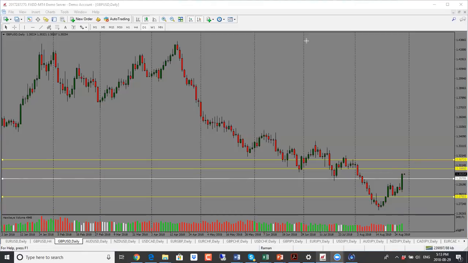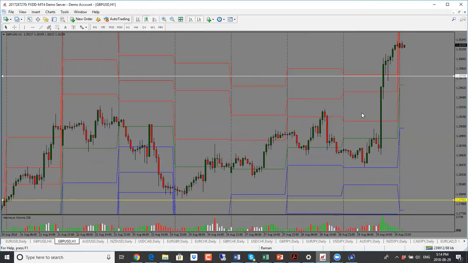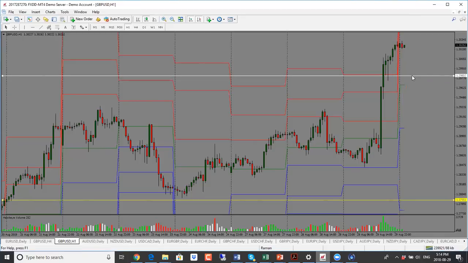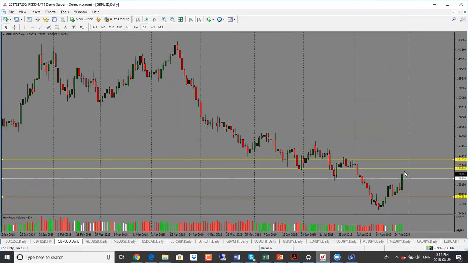So bias is bullish for pound dollar. If we go to our 1 hour chart, our support resistance is at 1.2980, and so is our daily pivot. So if we were to make a move slightly lower, that's where our pin is. And very close to that is our daily pivot as well. So 1.2980 area becomes quite important. This huge move up here, or this inefficient move to the upside here, was caused by the news that the cabinet was supporting Prime Minister Theresa May's Brexit strategy there.